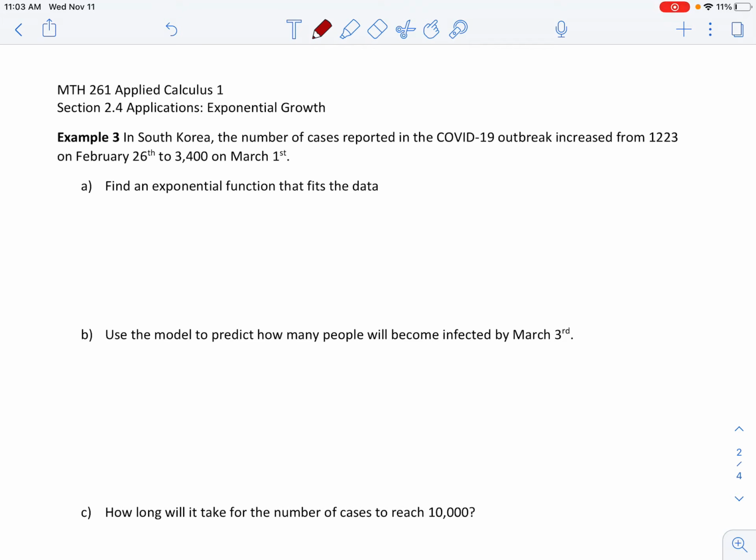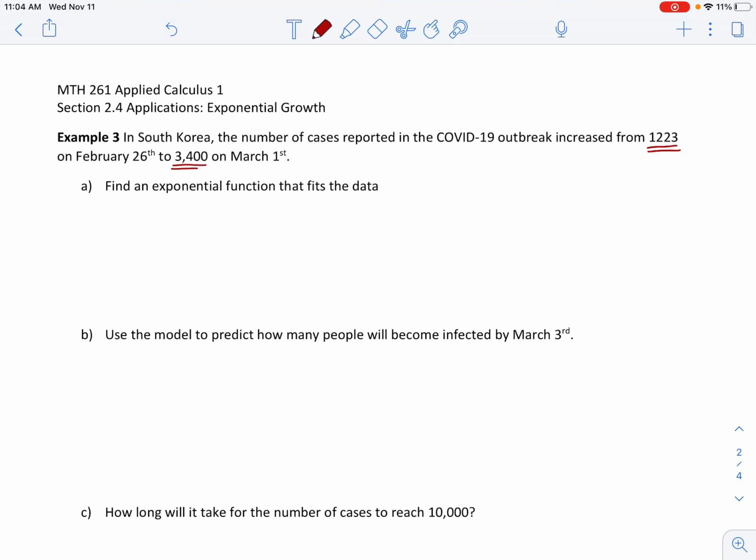But anyways, I created this example before it first happened in China. And then South Korea, where I originally came from, was hit pretty bad too because they were right next to each other. So this was the example back then in 2019. Or actually, that's still 2020. This year is 2020. Anyways, let's get back. In South Korea, the number of cases reported in the COVID-19 outbreak increased from only, it was so small back then,